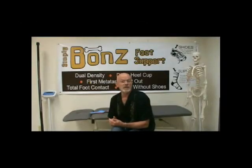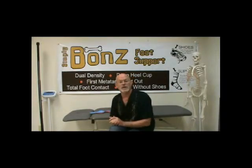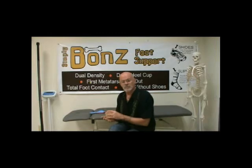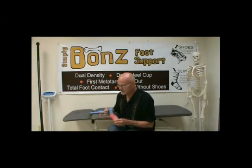Generally speaking, anything you put in your shoe is probably going to feel pretty good. I mean, feet like contact, they like to feel supported, they like to have the pressure spread out instead of concentrated in specific areas. And so most things you put in your shoes are going to feel pretty good. Each off-the-shelf insert has different qualities to them, and what's unique about my inserts, first of all, is they're made